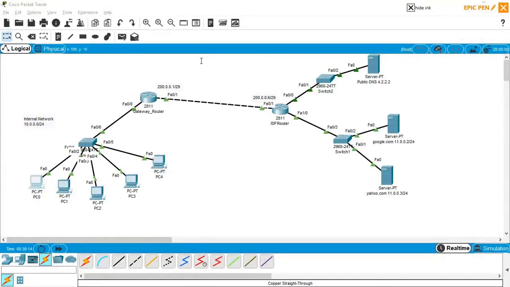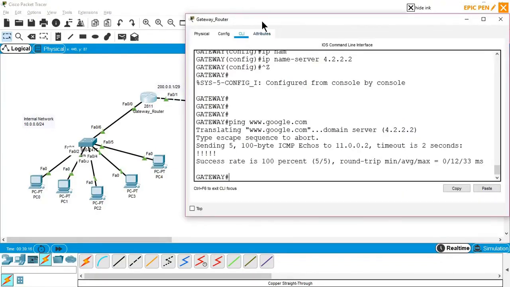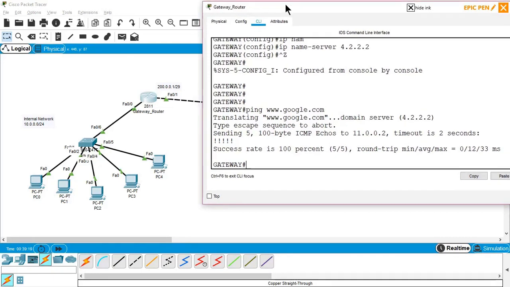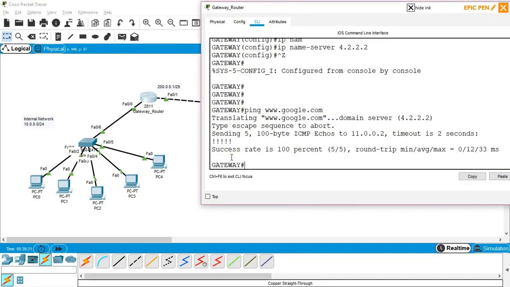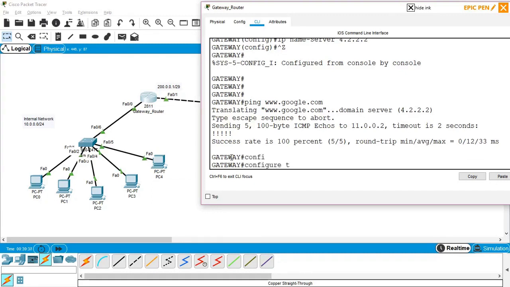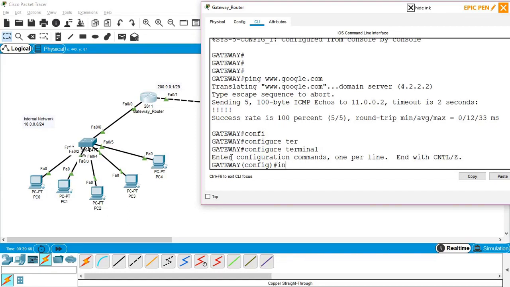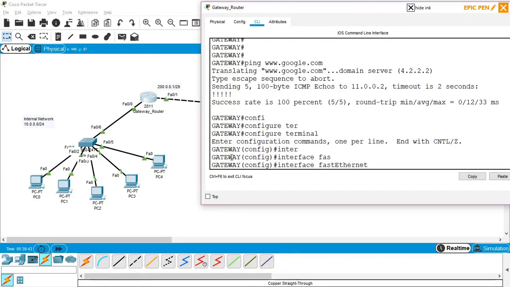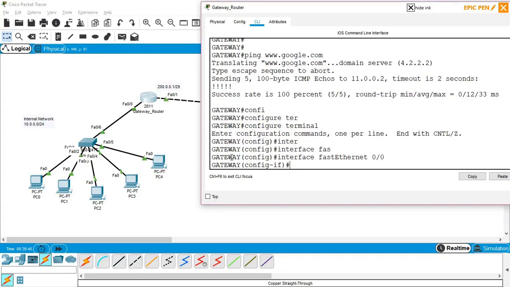So now I'll go to this router. There are three steps in NAT. Step number one, you have to define your interfaces. That means you have to tell the router which interface is in the internal network and which interface is connected to the internet. So for that, I'll go to the configuration mode. Let's say I'm going to the interface FastEthernet 0/0, which is actually facing the internal network, right? So I'll say ip nat inside,